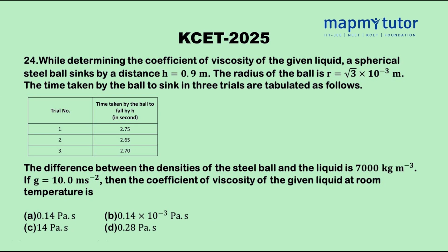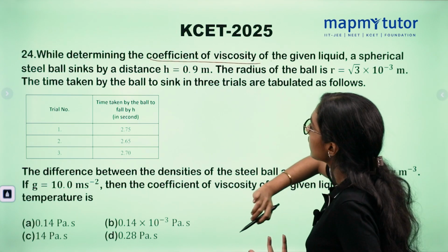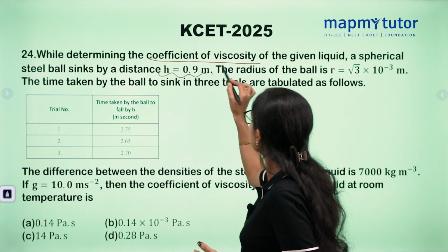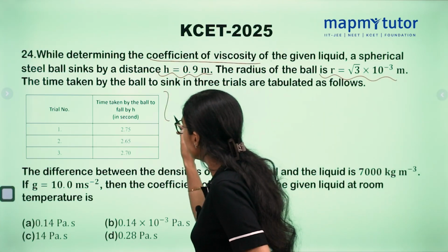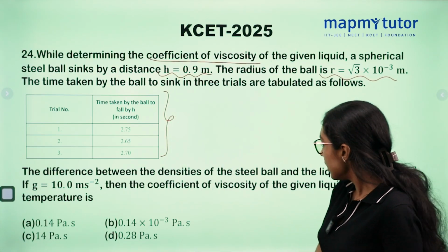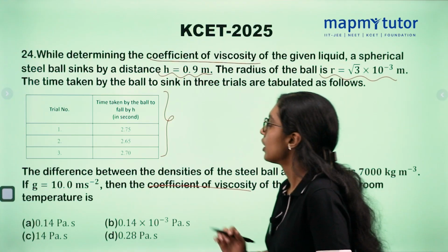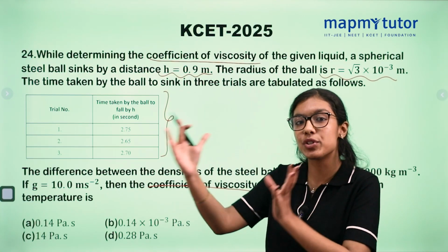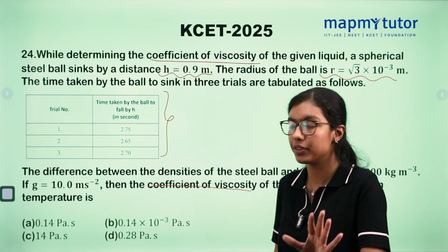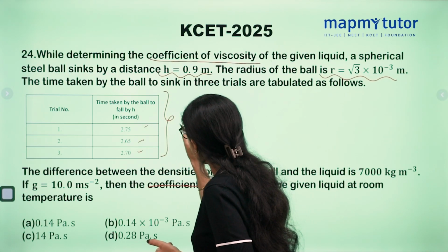Now this question is important. Let's see why. They have given you the unit for determining the coefficient of viscosity. They have given you the distance, the radius, and the time intervals. And you need to find out the coefficient of viscosity. So first, learn this method. The same questions will be asked every year. Now, take the average of the time. When you take the average of this, you will get